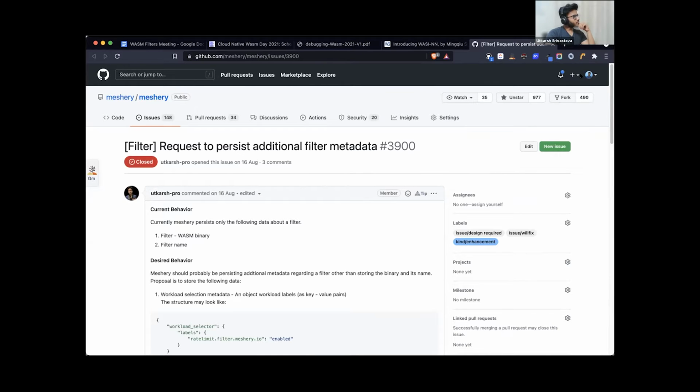I think the proposal was that we will have everything in one pattern file, so the pattern will have an HTTP URL from which you can import the WASM, and it will also have the dynamic configuration.